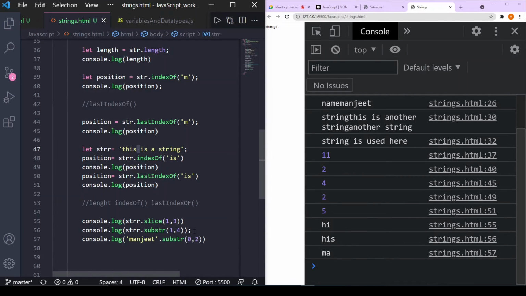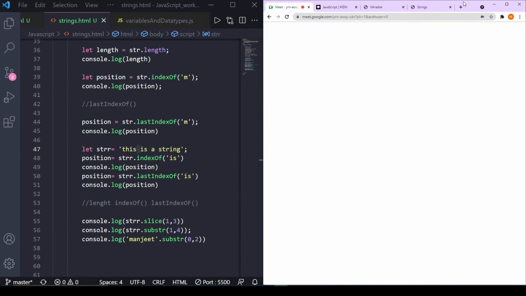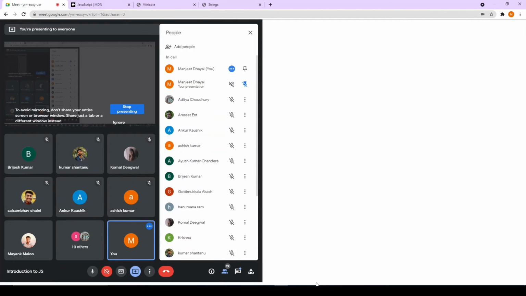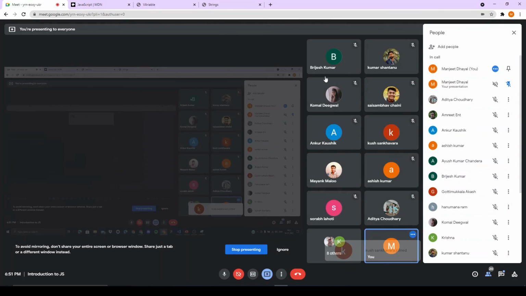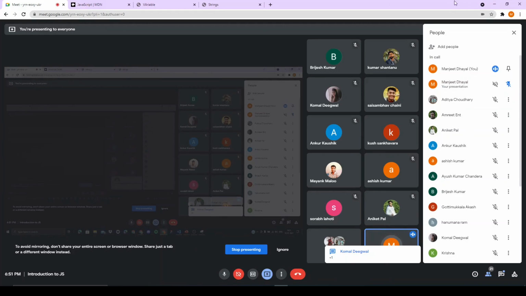So basically, substr and slice are similar. The only difference is that in the case of slice, the parameters are the first index and the end index. And in the case of substr, the first parameter is the start index and then the length, how much length we want. I think I'm not confusing here. If it's clear, drop a +1 in the chat box. Drop a +1 if it's clear. Okay, great.